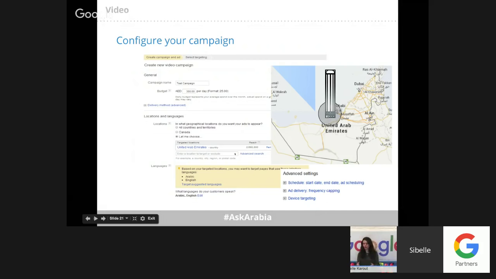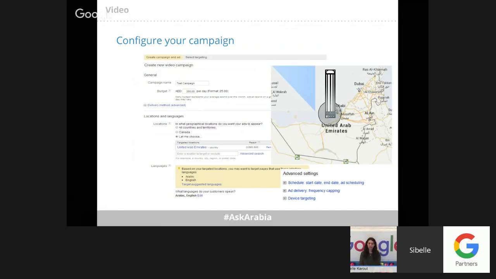Select when you would like the campaign to start and when to end, especially if it's a test period. So go for something like 2 weeks, for example, or even a bit more. Then frequency capping, which we really recommend. It caps the number of times your video will appear to one individual. So let's say you cap it at 2 views per person, which is very good.